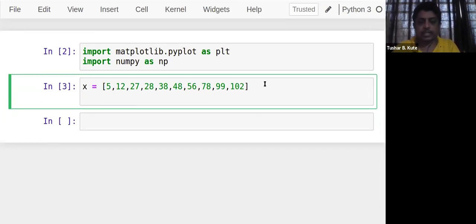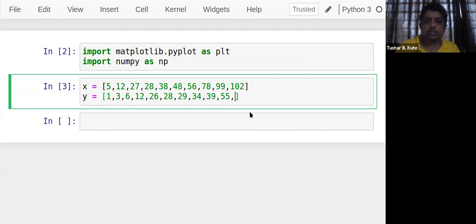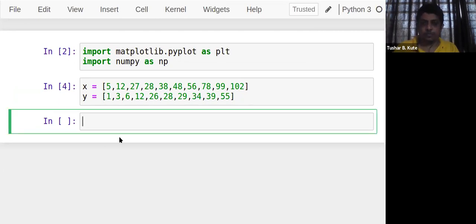See this, x is taken, and then the second variable is y. How many are there? Okay, x and y are done.